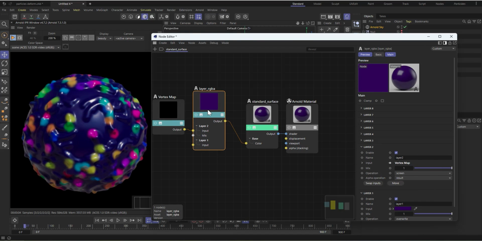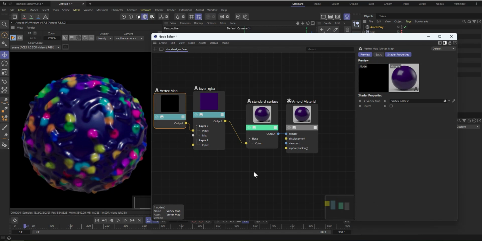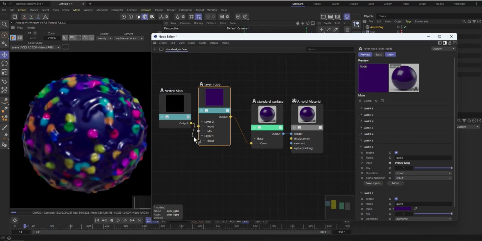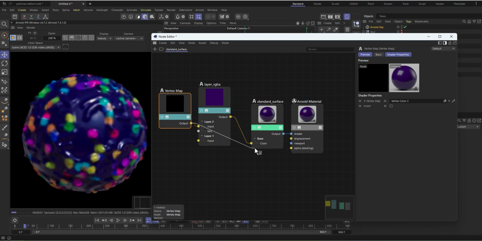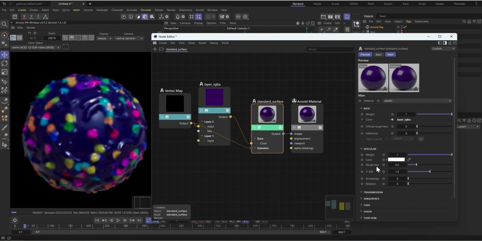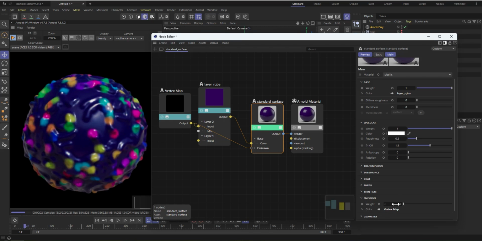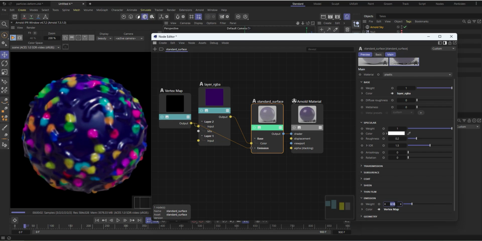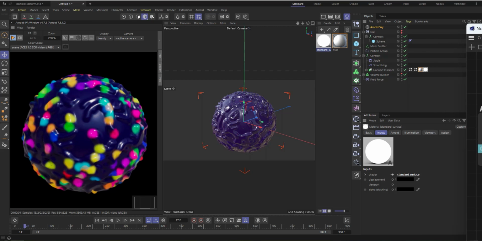And now I have my color showing, mixed with the vertex color of our object, and I also use the vertex color straight up in the emission. So I come to emission, drag the node here, connect it somewhere here, and come to emission and add color. Select this one, and the emission down here, increase it to, let's see, 1, to make it brighter, something like that. So now if I hit play,